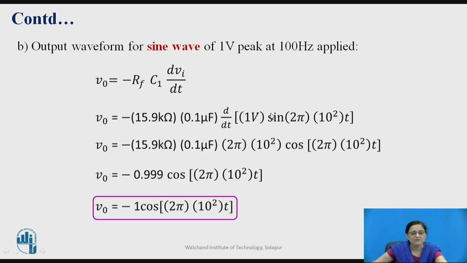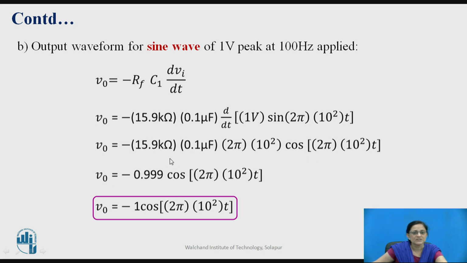So by putting that 1 volt here, as we know a sinusoidal signal has the equation Vm sin omega t, where omega is the angular frequency, which can be written as 2 pi f, where f is the frequency, given as 100 Hz. So Vm is 1 volt, omega is 2 pi f, where f is 100, and t. Now differentiate this value. So differentiation of this sinusoidal signal equals minus 15.9 kilo ohm, 0.1 microfarad, 2 pi 10 raised to 2 cos of 2 pi 10 raised to 2